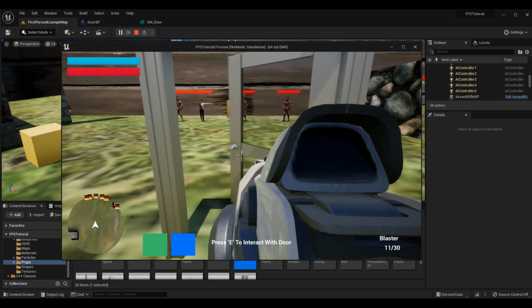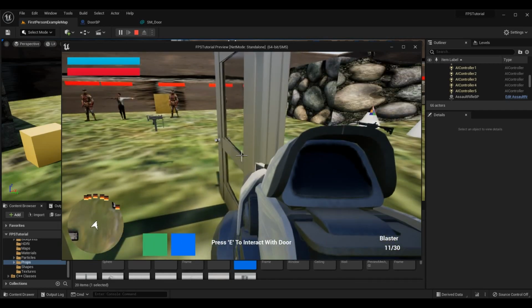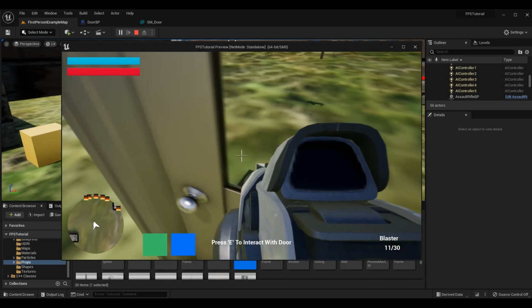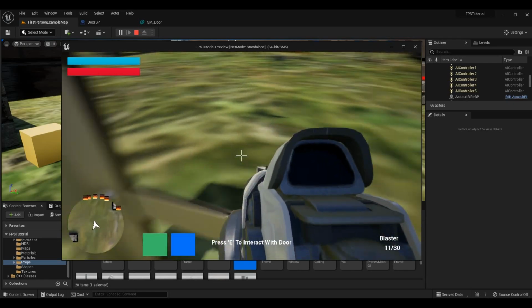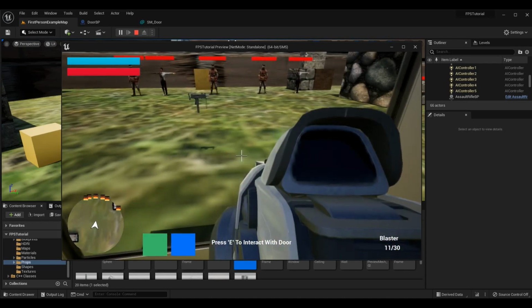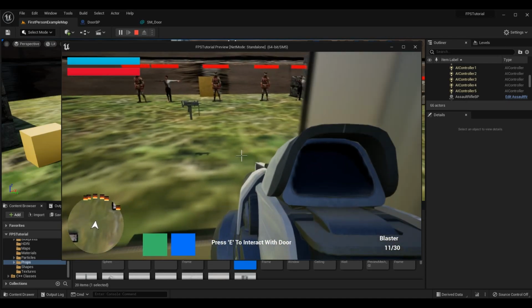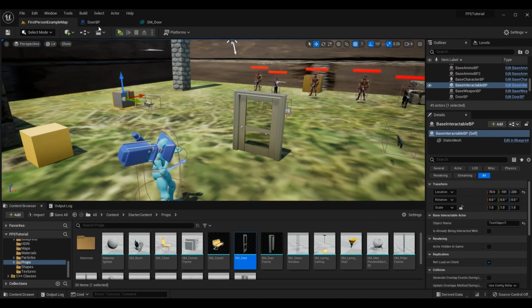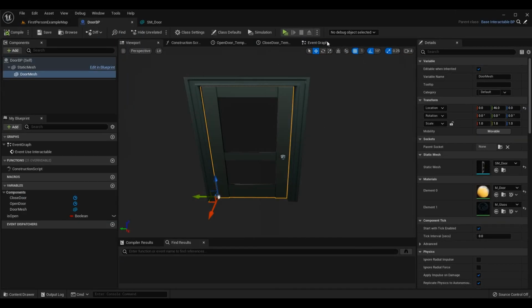We can now walk through this door when it's open, but otherwise the door will be shut. You can test this now, even though you won't be able to open your door. You should have collision and your character shouldn't be able to walk through it. Now, once you have all that done, go back into your door BP, and we're going to go into the